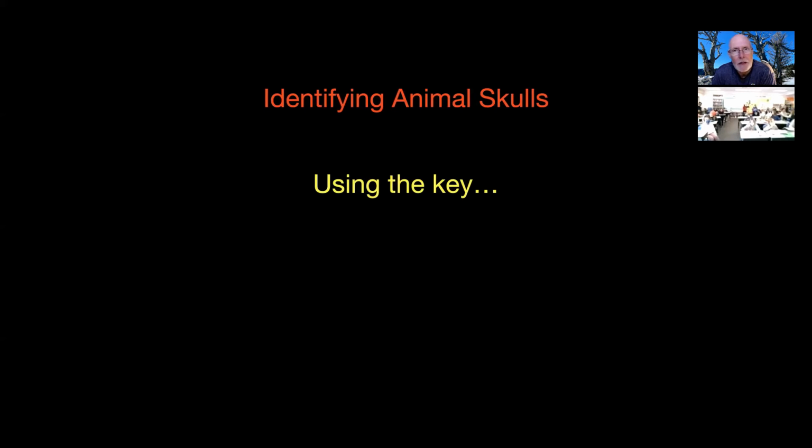All right, what we're going to do now is I'm going to teach you how you can begin to identify skulls of animals, and a lot of it is based on their teeth. And so I'm going to teach you how to use what we call a key. Everybody's going to get a piece of paper that has a key on it. And a key is something that opens a lock or opens a door. In this case, the key opens the answer to the skull that we're looking at. And so let me show you how this works.